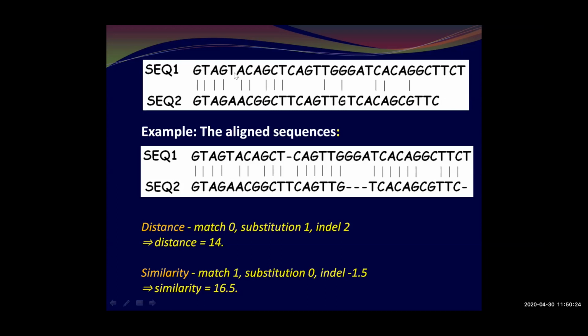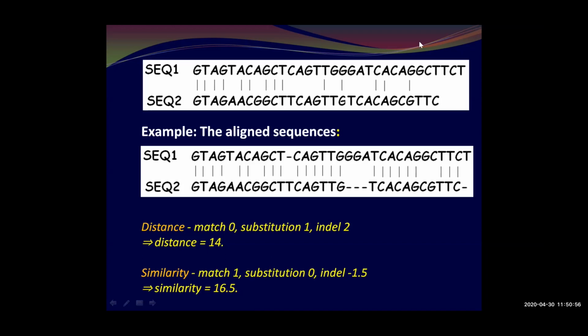Here there is a change of nucleotide. That is a point mutation. T to A point mutation has taken place. Then again 2 nucleotides are the same. Again there is a point mutation. Again 2 nucleotides are the same. Like that. So if we compare like this, what do we find? What will the matching score be? 1, 2, 3, 4, 5, 6, 7, 8, 9, 10, 11, 12, 13, 14. Only 14 nucleotides are the same.